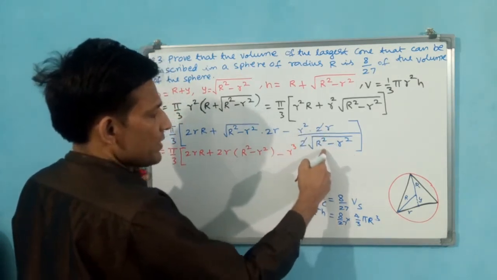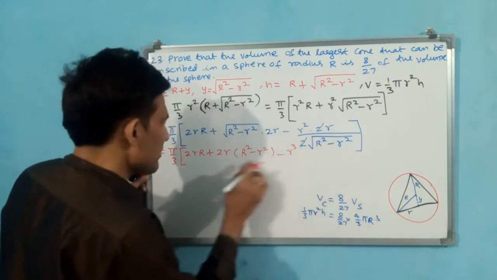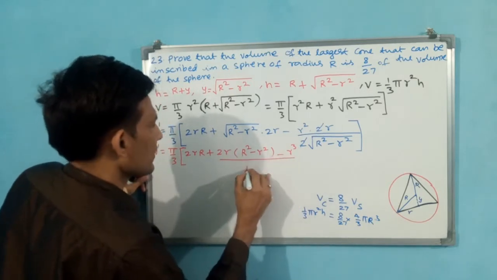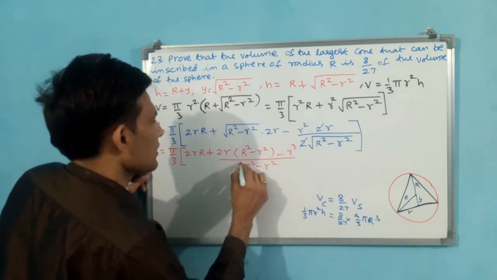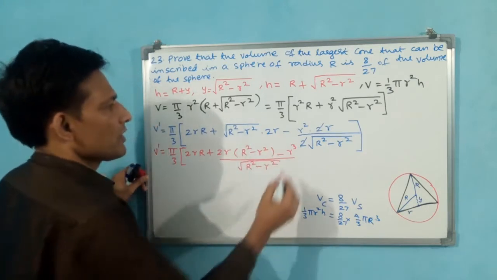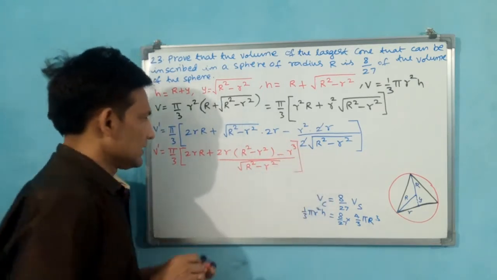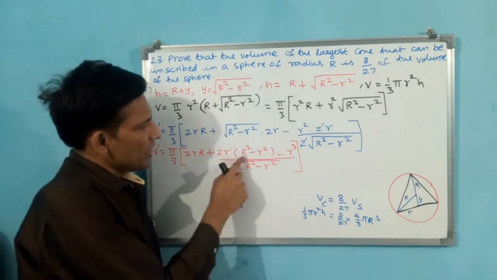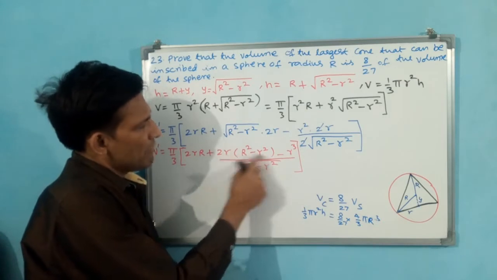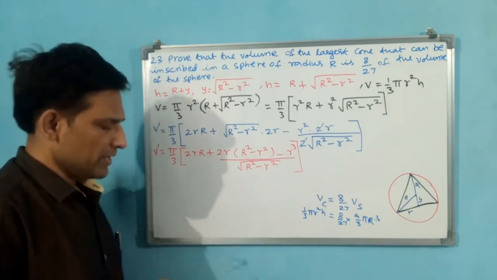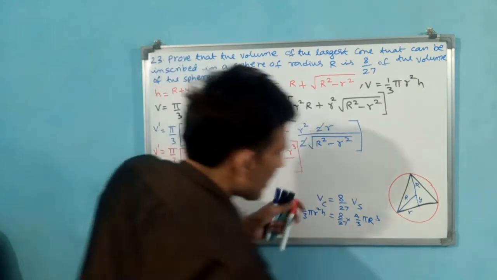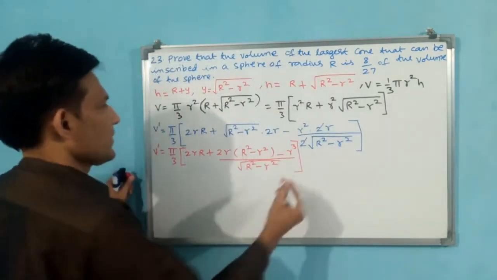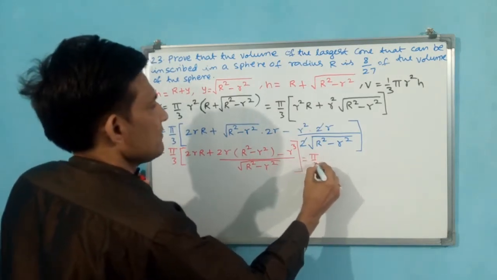Okay, divided by, see, this root will be for these two. These two means I am writing like this up to here. R square minus x square under root. Okay, now close this. Okay. Now you see, if you send 2r inside, 2r r square minus 2r cube minus r cube. That is very important. Minus, see, now I am removing this, we don't require now. Okay. That is equal to pi by 3.